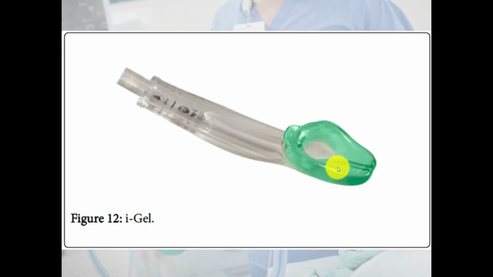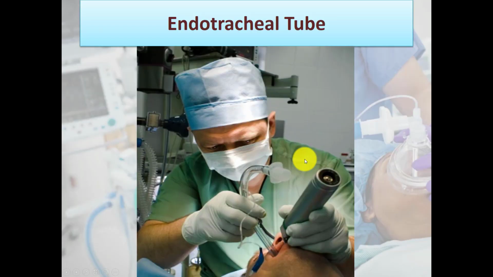So actually it is quite easier to insert, and we don't need to inflate the cuff with air. That's why this is much easier, much quicker. And the other thing is that it takes the shape of the contour of the larynx, so this is much safer as well. Now the endotracheal tube. Here you can see the anesthetist has the endotracheal tube in his right hand,